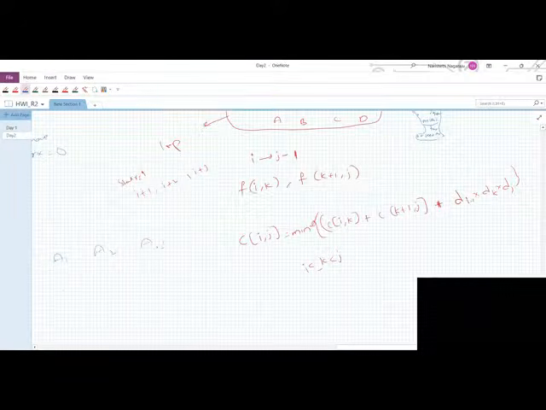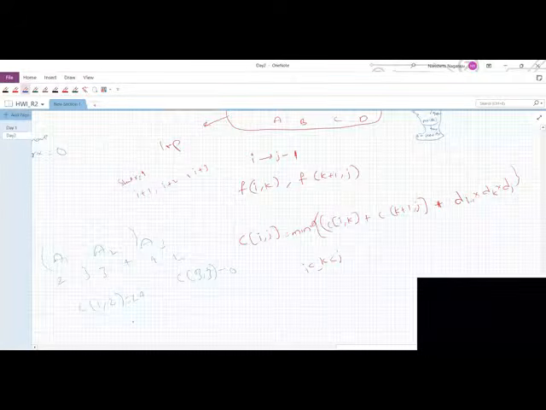A1, A2, A3 I took previously. For it, it is 2, 3, 3, 4, and it is 4, 2. When I take A3 separately and these two, the answer that I will be getting is C of 1, 2, that is equal to 24 here. Here, the calculation for the third matrix will be 0. And afterwards, I will be having a resultant matrix as